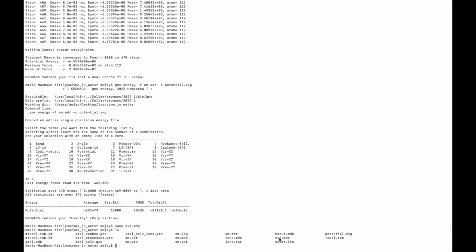Where is our MDP file? We should have nvt.mdp, yeah, right here. So now we have the MDP file. Now we can do GMX grompp. I'm not just going to copy paste this, I'll type it from the script. So GMX grompp, dash f, nvt.mdp,